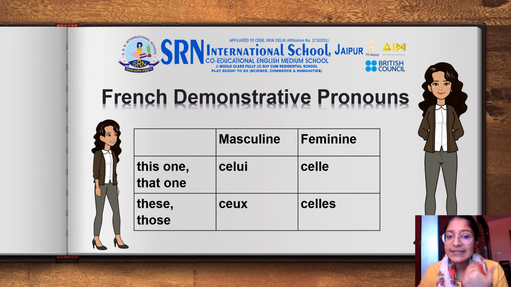If your noun is feminine and singular, then you will use celle, C-E-L-L-E. Similarly, if your noun is plural but masculine and you want to use these or those, then you will use C-E-U-X, ceux. And if the noun is feminine and plural, then you will use C-E-L-L-E-S, celles.